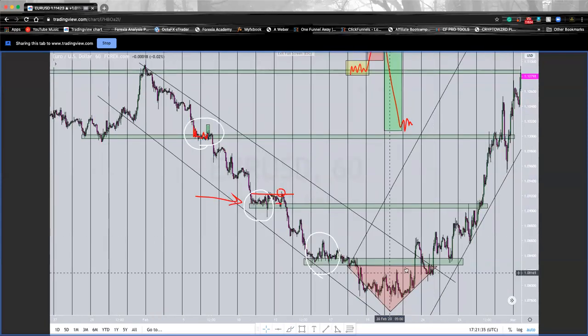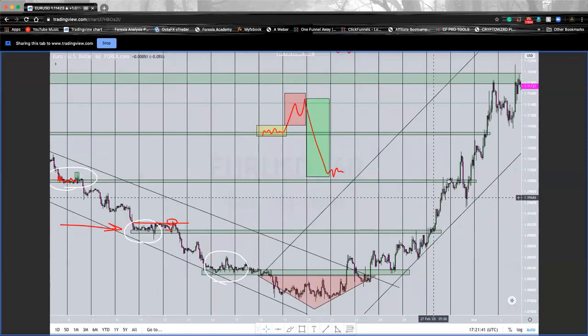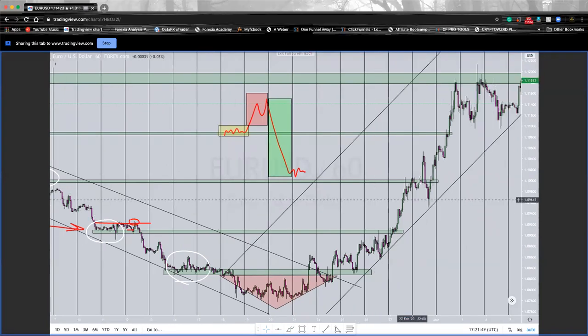I find lots of sellers trapped. So I'm going to keep looking for sellers trap and participate in the direction against them. This was the first one, this would be the second one, and this would be the third one around here. It's perfectly rejecting for retail traders, and we can go.